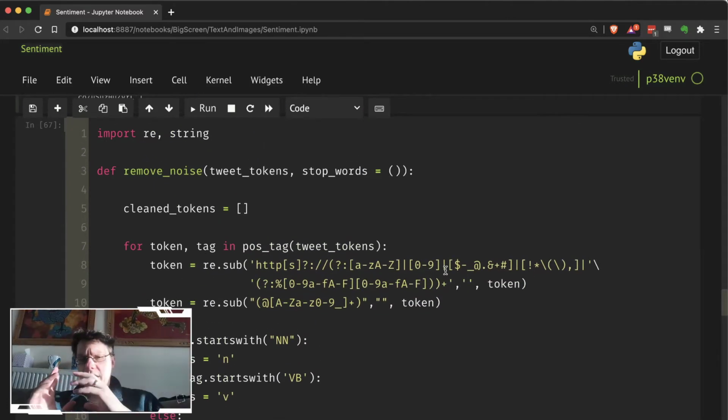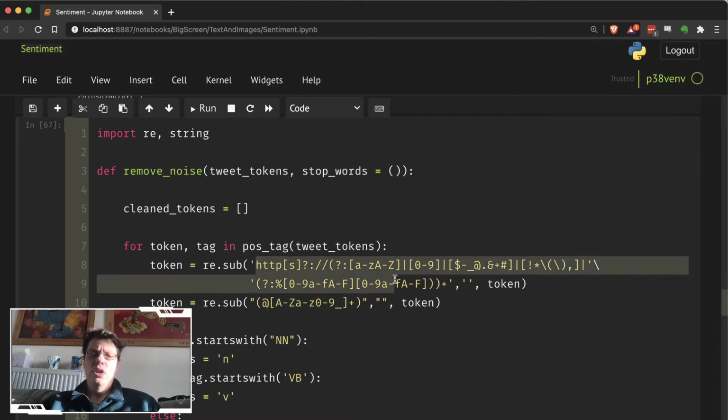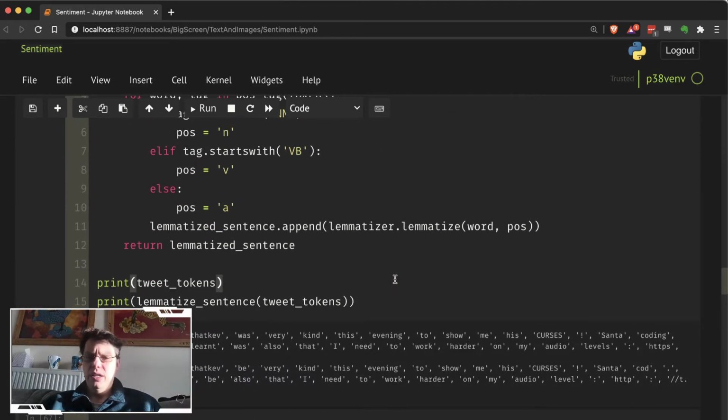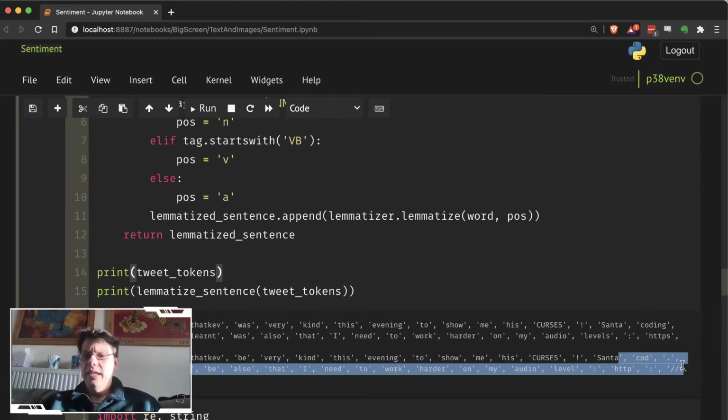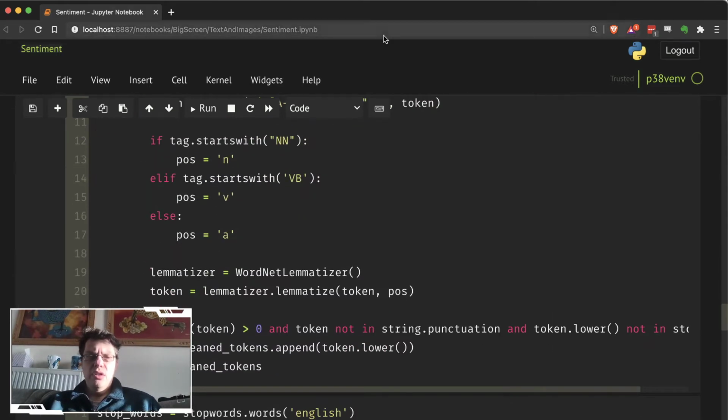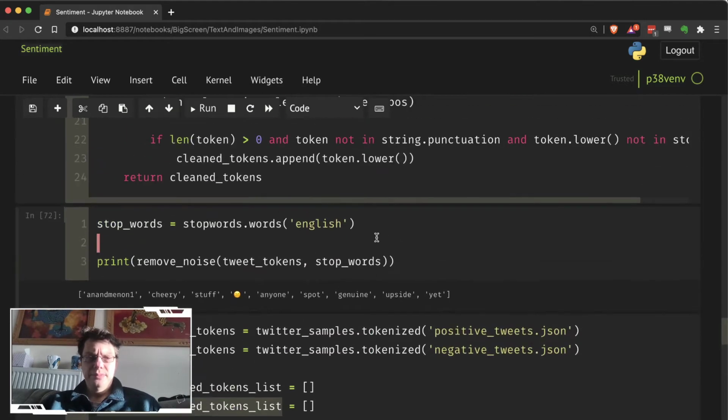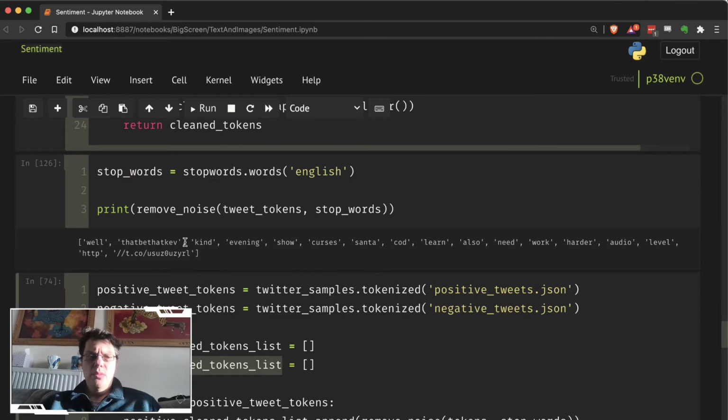The other thing I found online which was really cool was this thing, remove noise. So especially if you analyze Twitter sentences, you want to remove noise, you want to remove anything with @ symbols on, you want to remove any URLs, because URLs just basically don't work. Here's a URL in there, and it just breaks. So this is going to remove URLs. So if you run that and remove noise, it basically strips out a whole bunch of stuff, which is nice. It left a URL in there, interestingly.